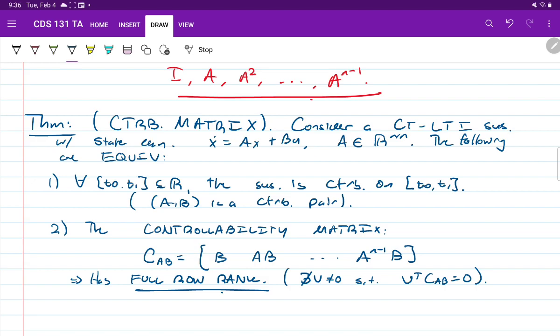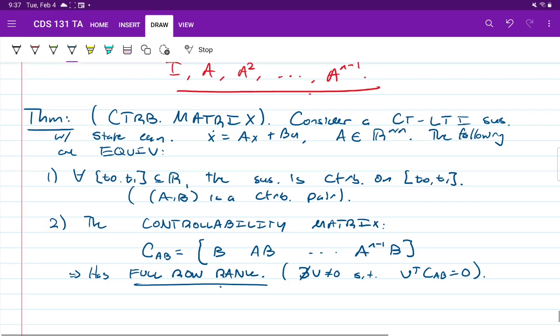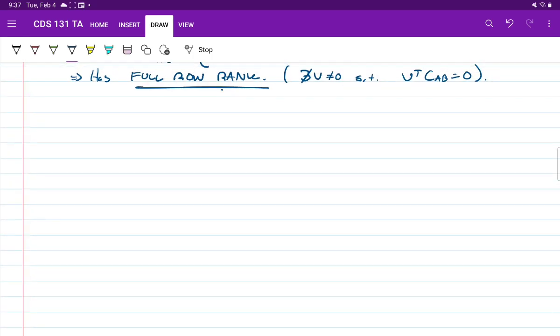All right? So what this tells us is that controllability is actually as simple a condition as checking the rank of this nice matrix called the controllability matrix. Okay? All right. So this gives us our sharp algebraic characterization of controllability. This is really something that's as easy to check as eigenvalues for stability, for example. Okay? So this is really nice and easy. All right. Let's go ahead and prove this result.